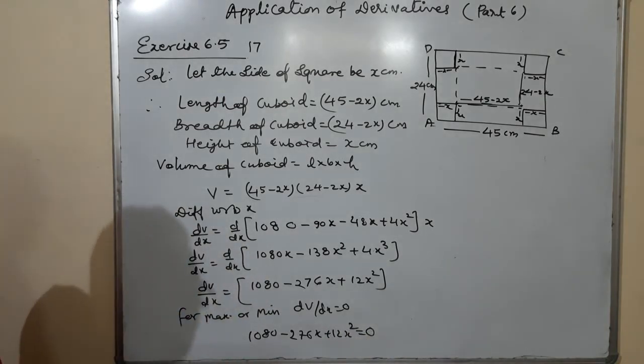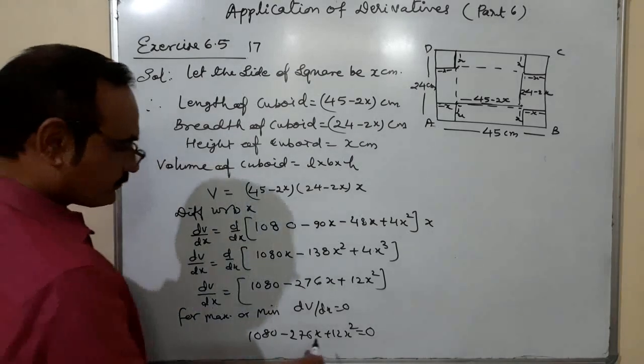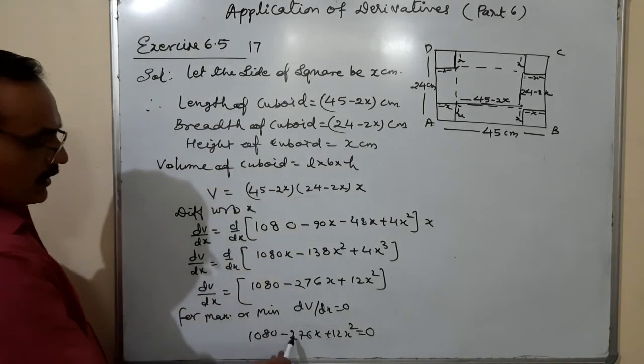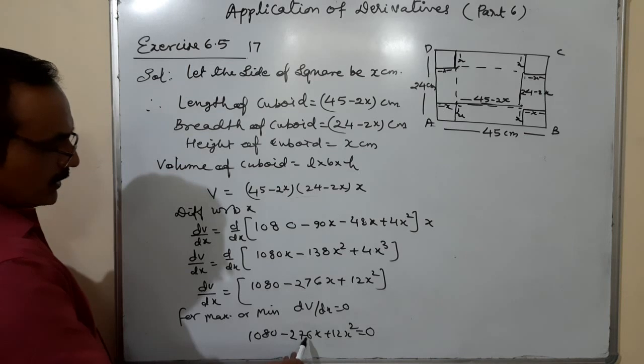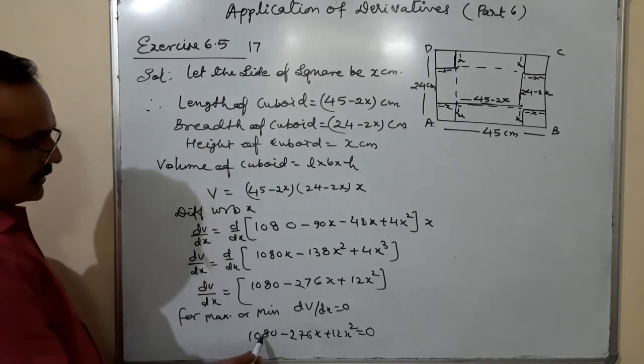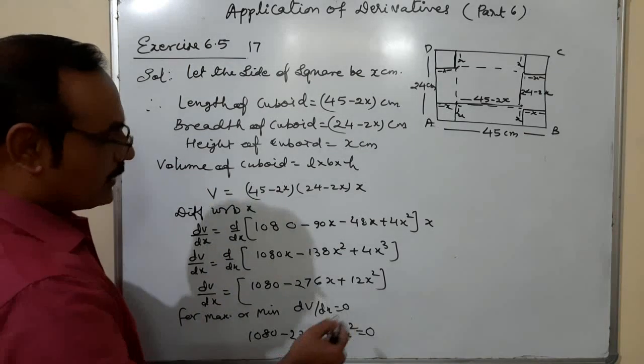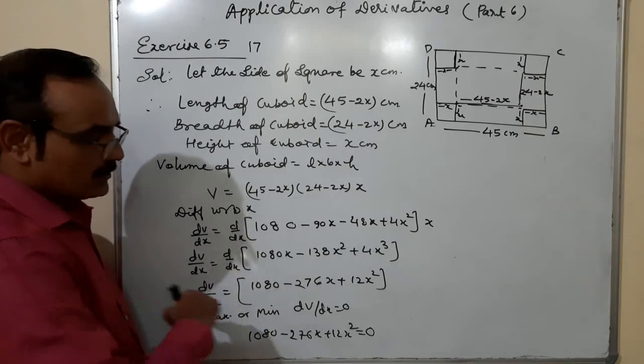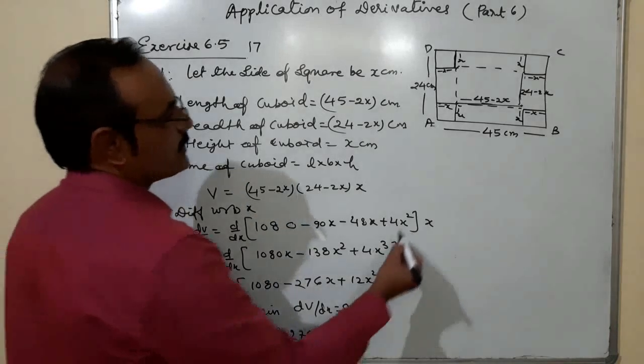From this equation, may I take common? Will it cancel by 12? 12 2 is 24, it is coming 3, 12 3 ja, it's okay. 12 9 ja 108 and 10. So it will be divided. To make a simpler form of this equation, we'll divide it by 12. So it is coming x square